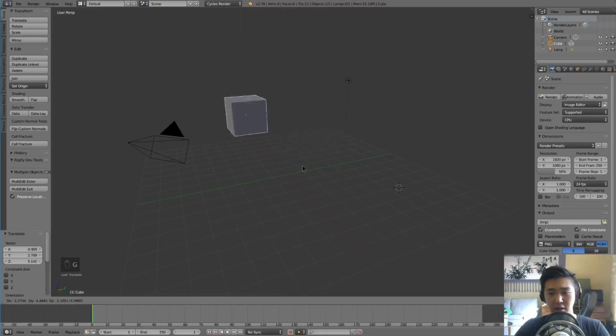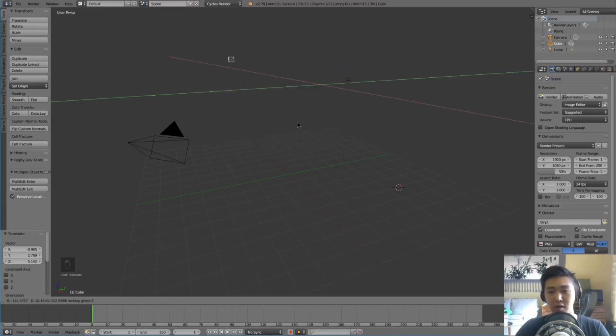Along with that, you have GX, and then you also have GY, and you can switch these without having to press G again. All you have to do is hit X, Y, or Z. Very intuitive, super easy to remember. And then you can move along any of these axes, and also you can move along two axes and not the other one. So if you do Shift Z,